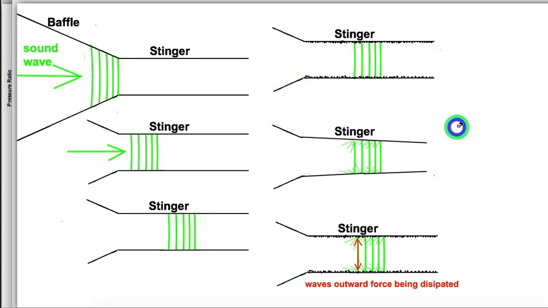So I came up with this idea, something to counter that. Let's say you're making pipes, and you don't know if this guy is ever going to clean out his stinger at all. You could make one with a non-parallel stinger that starts out wide and ends up smaller. Doing that causes the sound wave to compress at the same time that it's losing some energy at the edges due to the crud. So it counterbalances that. That would be a good long-term solution.